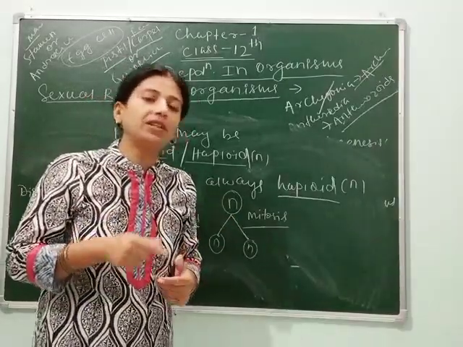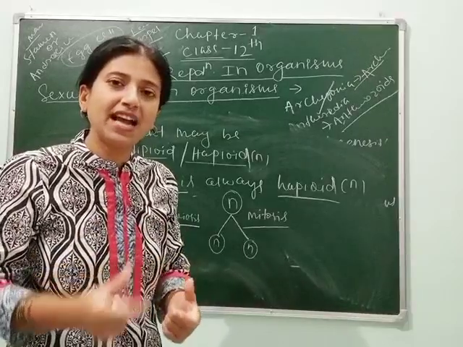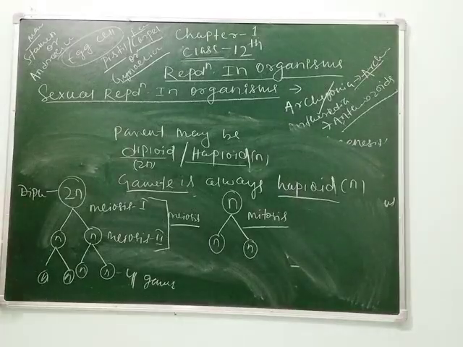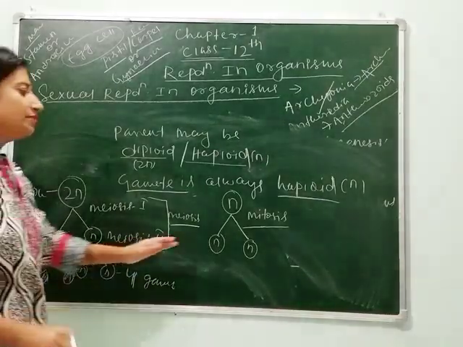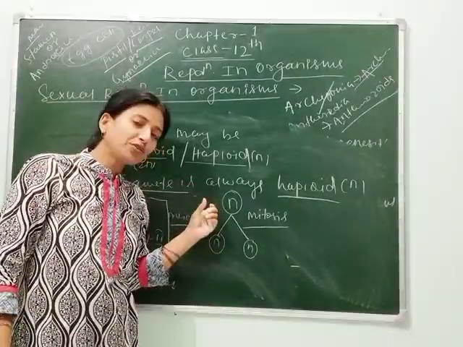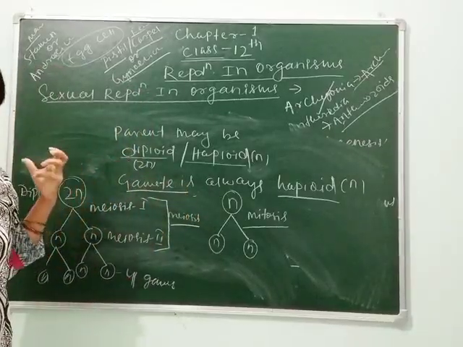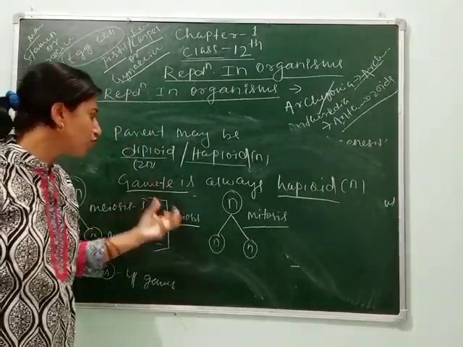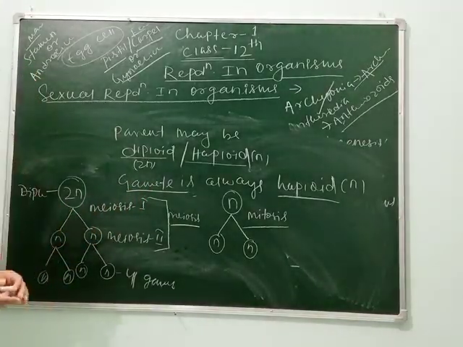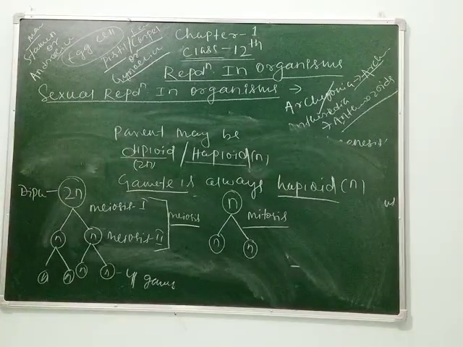Another thing you have to remember: the gametes formed by a male are always large in number, whereas the gametes formed by a female are small in number. You can see how the gametes are formed. Is that clear, students? Some species of Pteridophyta, Gymnosperm and Bryophytes produce their gametes through mitosis, whereas higher plants and higher animals produce their gametes through meiosis, as the parent is diploid. Is that clear, students? So you can see how they produce different types of gametes.